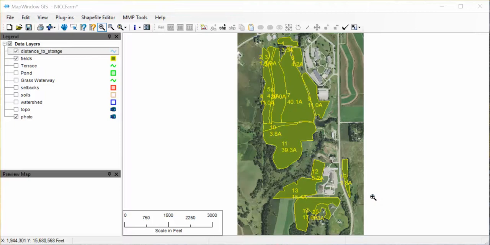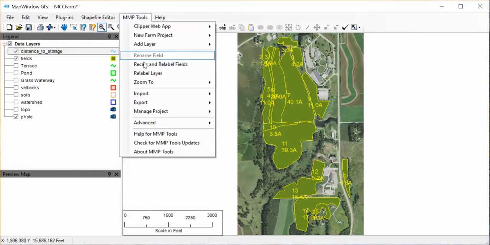Okay, before we start out with the manure management plan, I realized we forgot to do one thing here, and that'll help us on the manure management plan. And that's the distances to water and distances to manure storage structures, or to the structure. So I'm going to come up here in MMP Tools and click on that, and we're going to do, again,